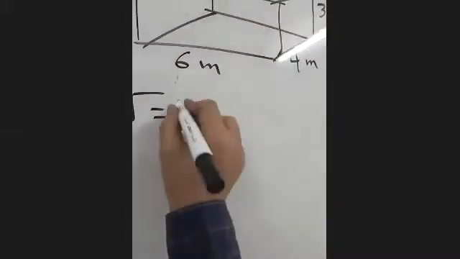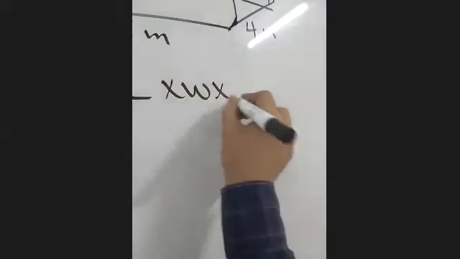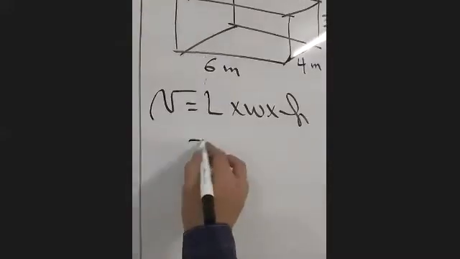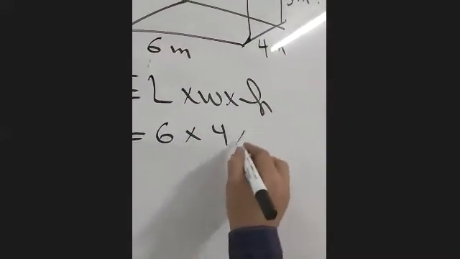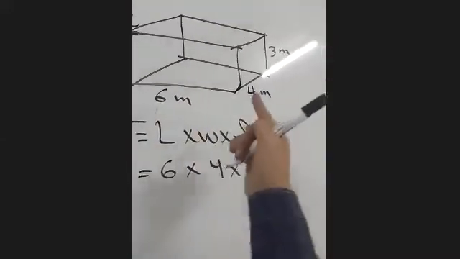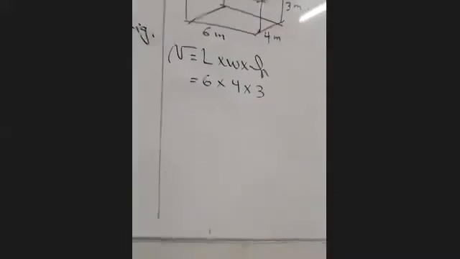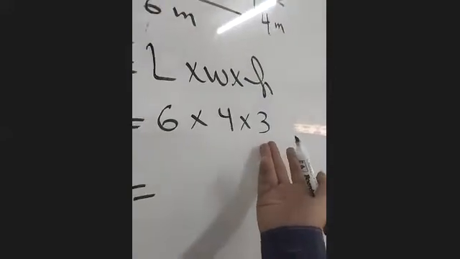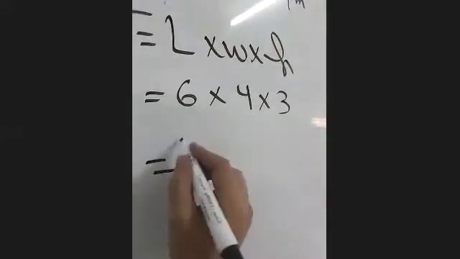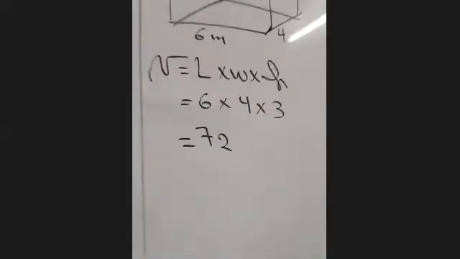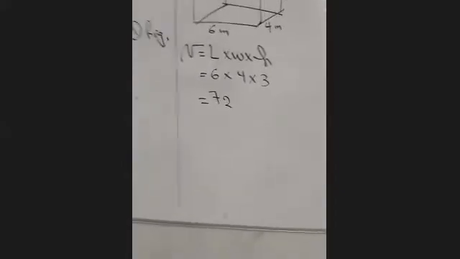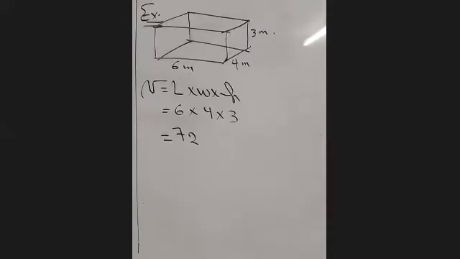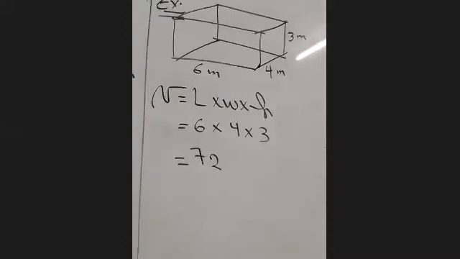So this is equal length multiply width multiply height, which is equals to 6 multiply 4 multiply 3, length by width by height. Normal multiplication. 24 by 3, I don't know, but I know 12 by 6, which is 72. 72 what? In the area, we said square units. We put the area and over 2. But here,